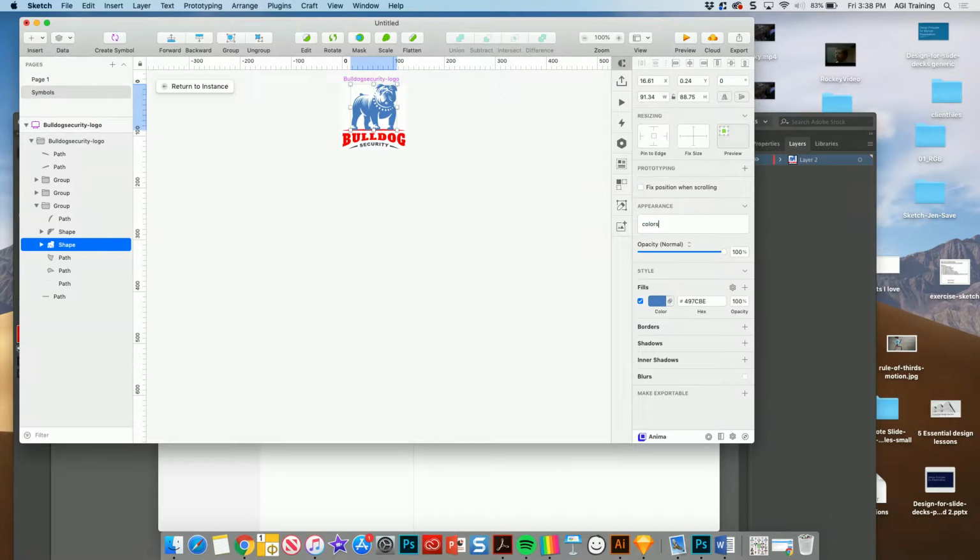Colors / bulldog blue. And then I'll go in and I'll get the red and I'll say, all right, I want to create a new style, but I have to name it exactly the same thing, like Colors / bulldog blue, red. This doesn't matter what's after the slash, but you'll see later